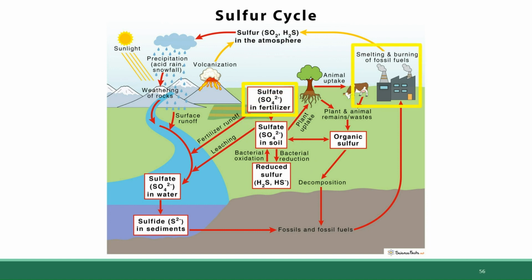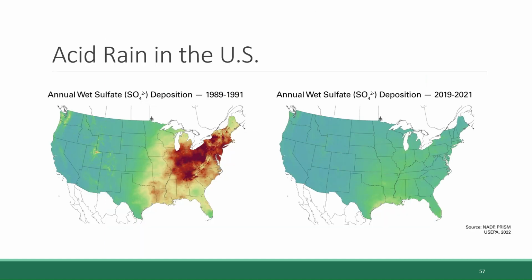Such as through chemically synthesized fertilizers, because sulfate is another very common fertilizer that is used on crops, as well as through the burning of fossil fuels, which puts sulfur dioxide gas into the air. And that gas actually enters the water cycle, combining with water vapor and turning into sulfurous acid, which can lead to acid rain. And while you'll often learn in this class about how certain environmental threats are getting worse, I'm happy to be able to report that when it comes to acid rain, the situation has been getting better in